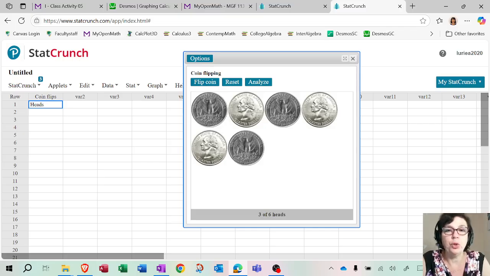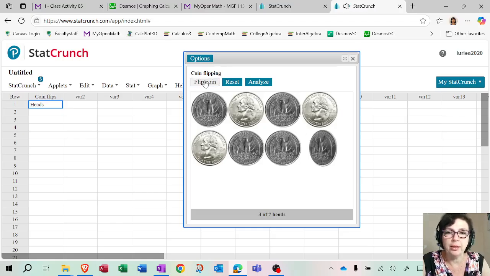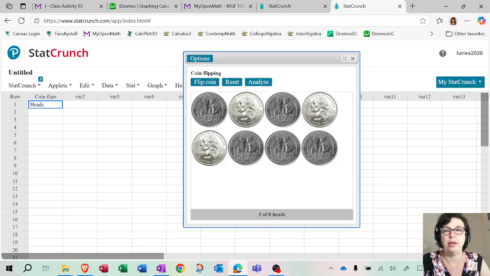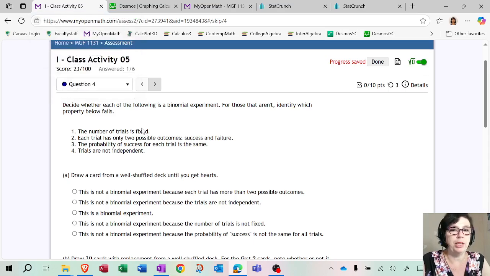And also the coin tosses are independent. What that means is, if I'm about to flip a coin right now, and I know that previously I got a lot of tails, I might think that next time around I'll have a bigger chance of getting heads, right? No, that's not right. It doesn't really matter what happened before. The next one is going to have the same chance of heads. That means that the trials are independent. So these are the four properties that are listed here that I just talked about.